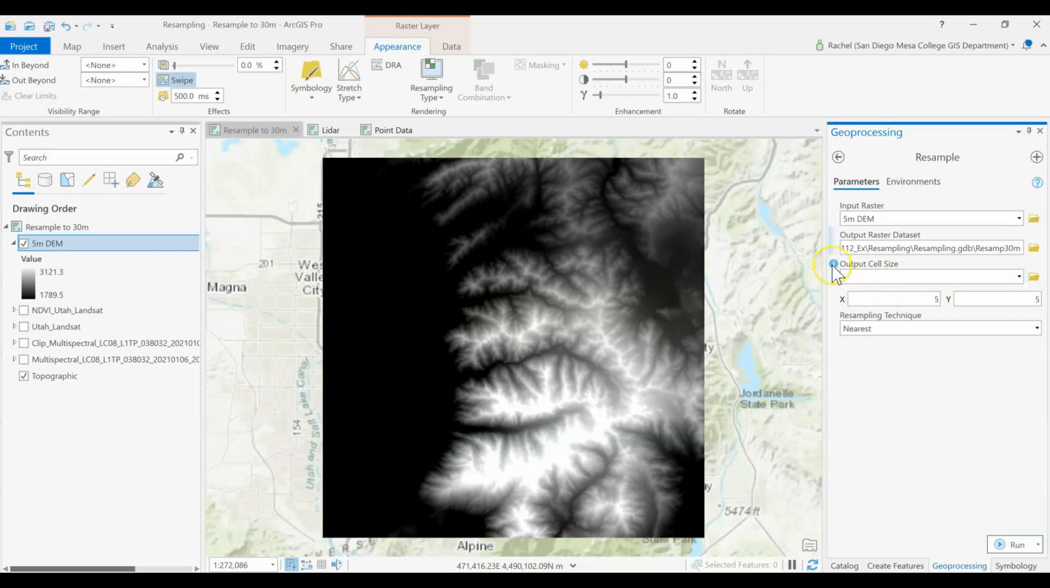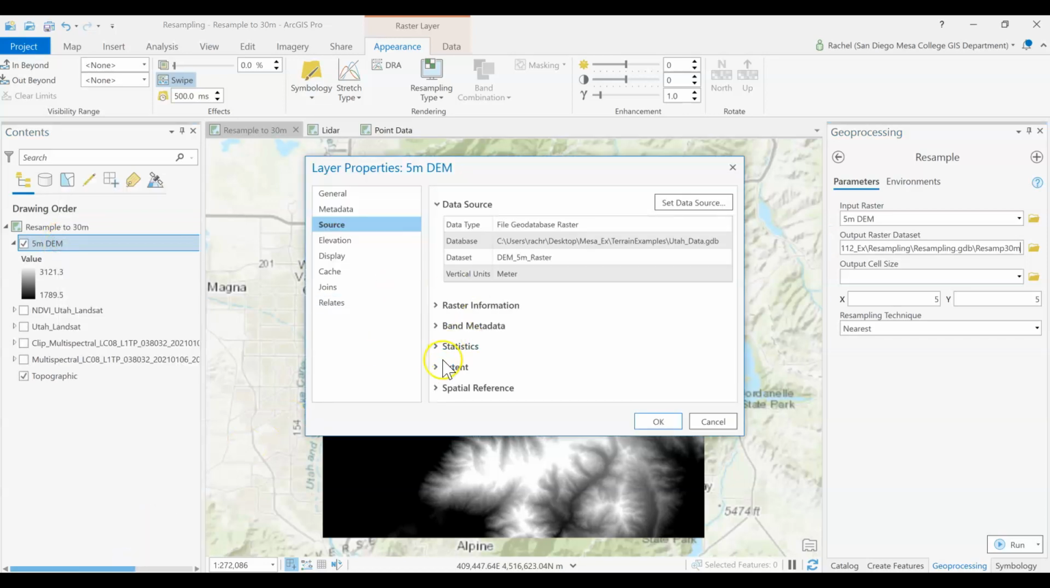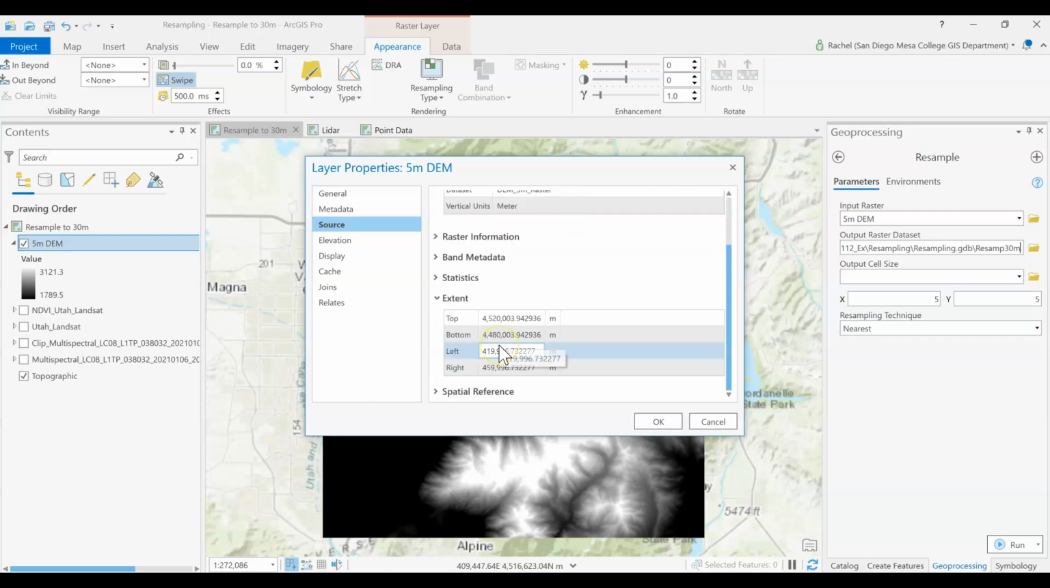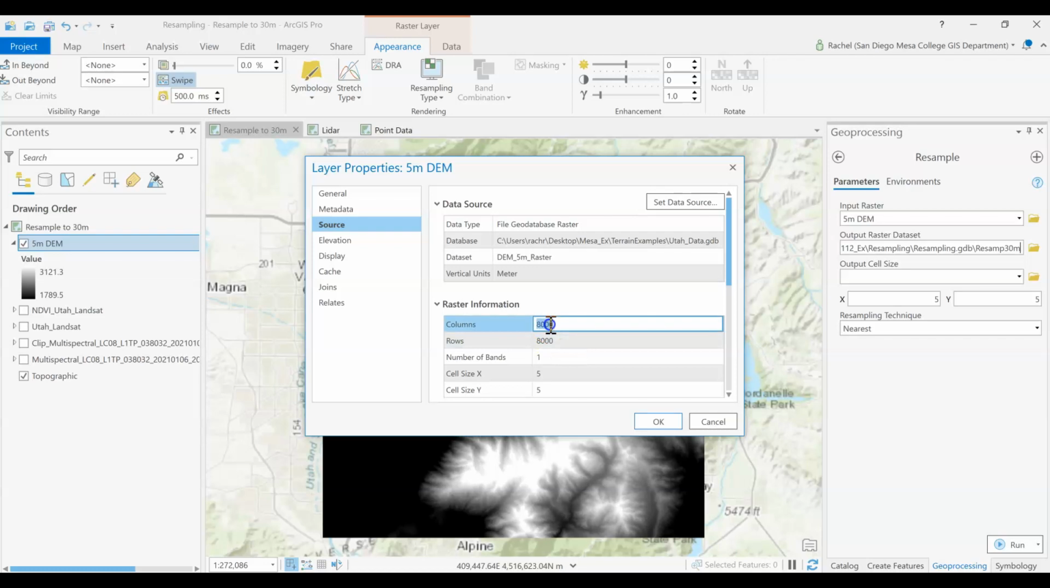Now you have the option here of importing a file or adding it in. And let's think about why having a smaller cell size would be good. Our 5-meter raster data, if we look at the raster information, we can see that we have 8,000 columns of grid cells by 8,000 rows of grid cells. So if you multiply that out, we have 64 million